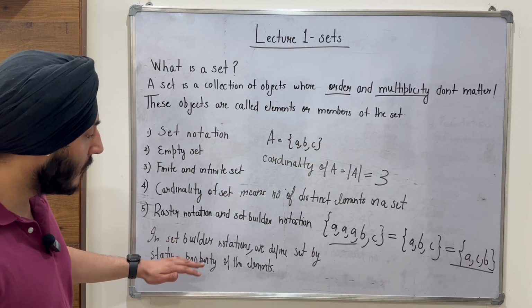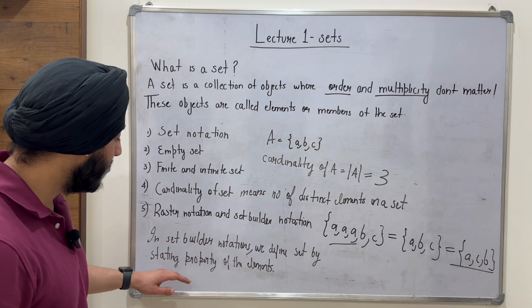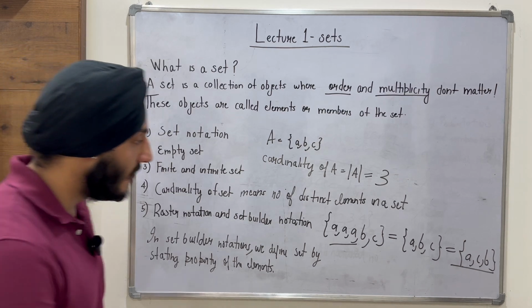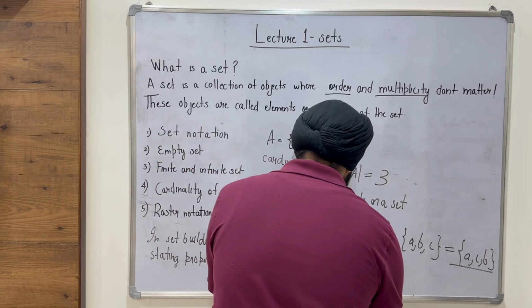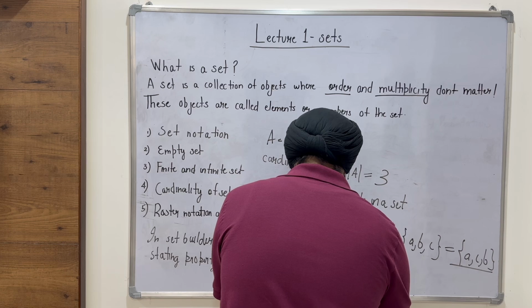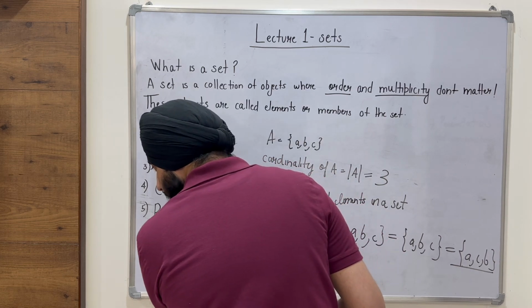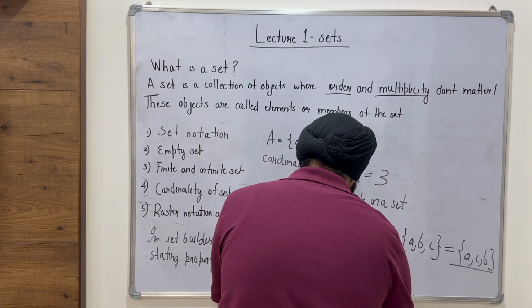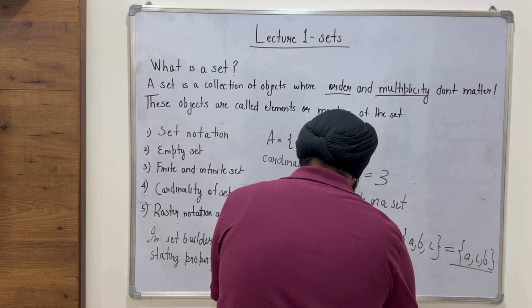So in set builder notation, we define the set by stating the property of the elements. A very simple example would be, let's say, the set E such that it has n and